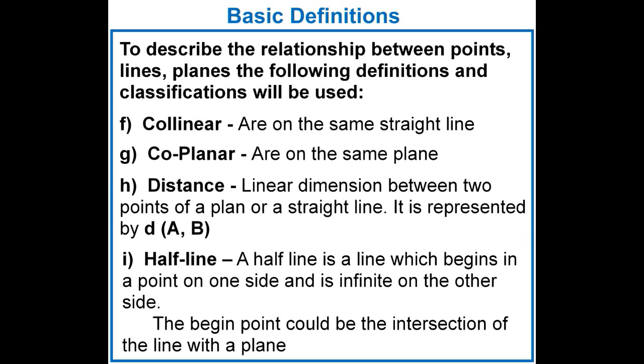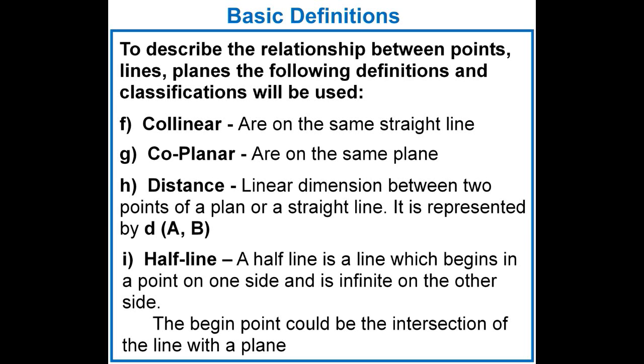The definition of distance states that this is a dimension between 2 points of a plane or a straight line, that is, the dimension between 2 collinear points. It can be represented by the letter D and the name of the 2 points in parentheses. It can also be presented as a line segment using 2 uppercase letters with a dash over the letters A